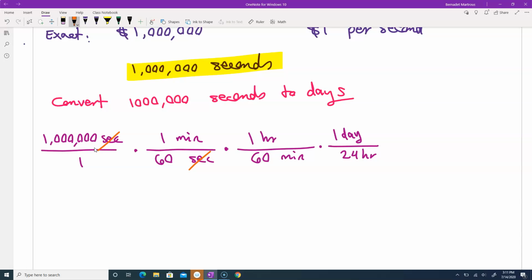We have second, minute, hour divided by hour. So what's left here? On top we have 1 million times 1 times 1 times 1 day. And the denominator, 1 times 60 times 60 times 24, is 86,400. And after that divide, here is